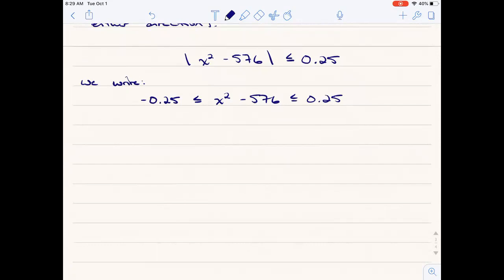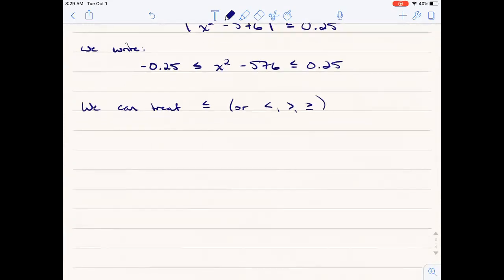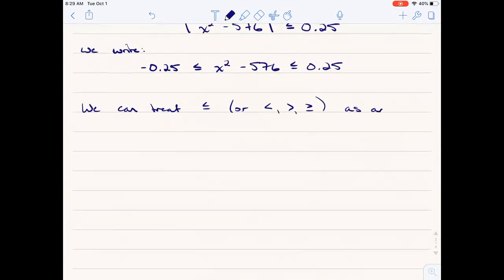So I'll just make a note here that we can treat less than or equal to the special case here, or less than, greater than or equal to, any inequality as an equal sign